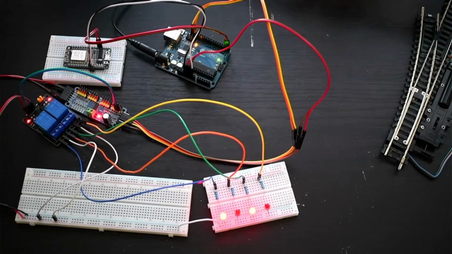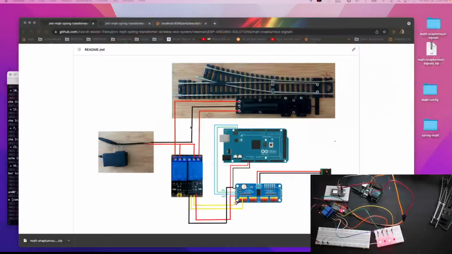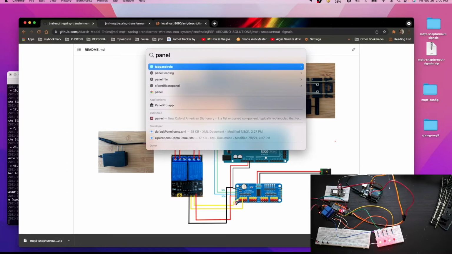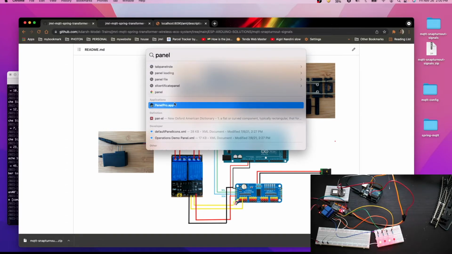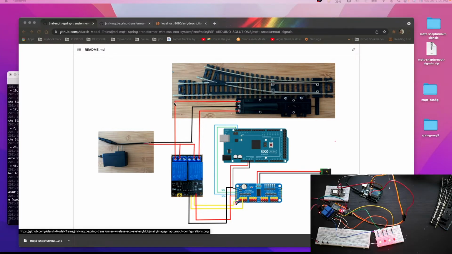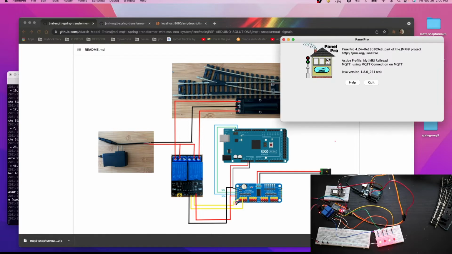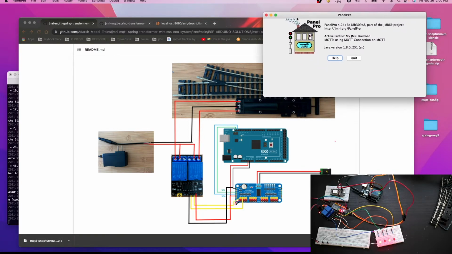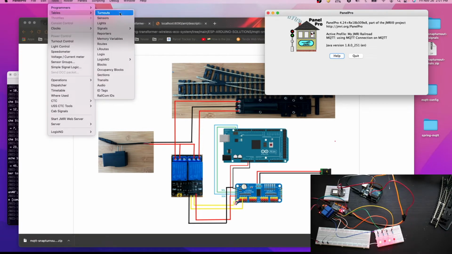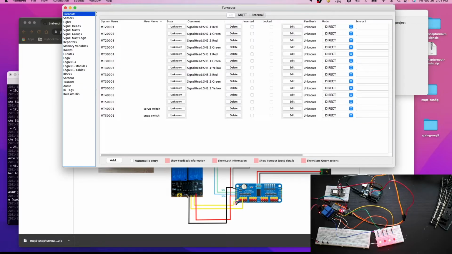So let's see here, let's open the JMRI Panel Pro. We have configured everything in Panel Pro already in our previous exercises, and we have already configured MQTT with Panel Pro and saved all the options there.